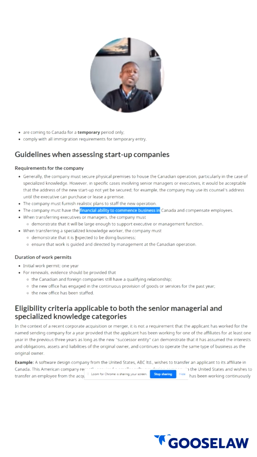So if you are arguing that by setting up this business, you will be transferring yourself as the main executive to come here and operate this business inside Canada, then this new business that you've created inside Canada must be able to pay your salary, plus must also be able to offset whatever other operational costs you're likely to